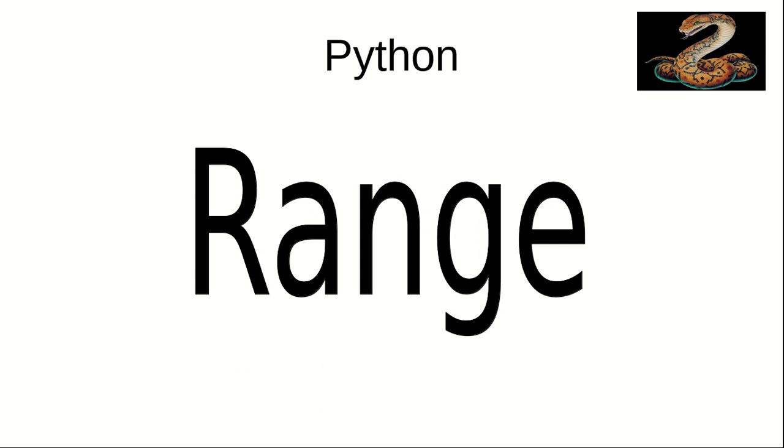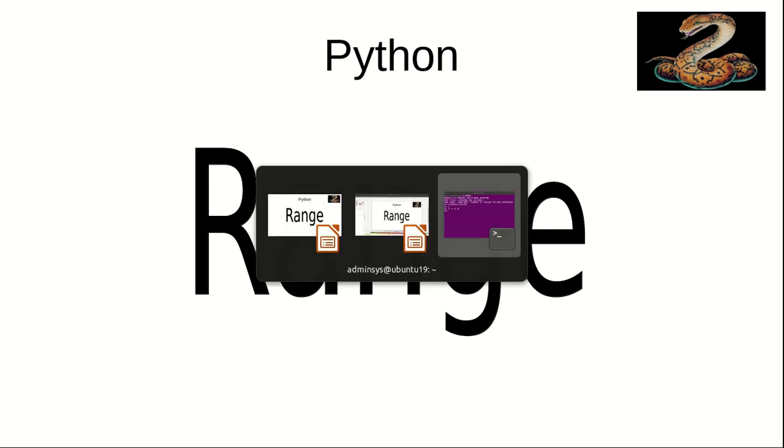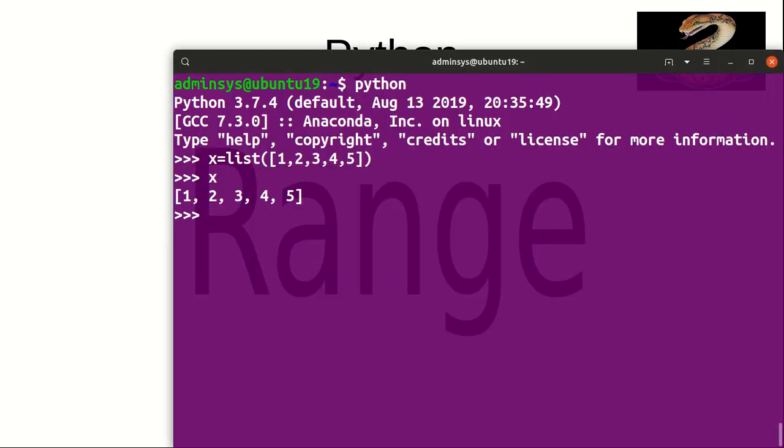In this video, I will explain the Python range function. So let's get started. In the previous tutorials, I have explained about list and tuple. That is, with the help of list or tuple, we can initialize n elements, right? For example, look at this following example. I have initialized 1, 2, 3, 4, 5 through list. So this is how you can create a list.